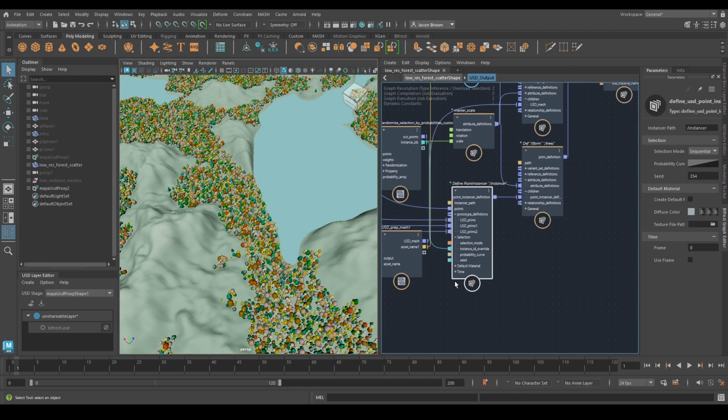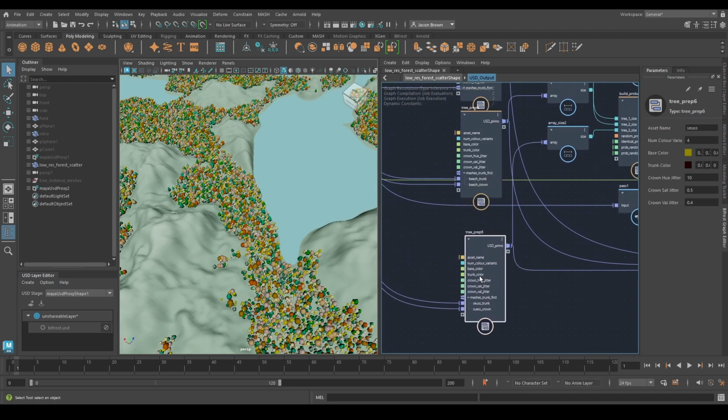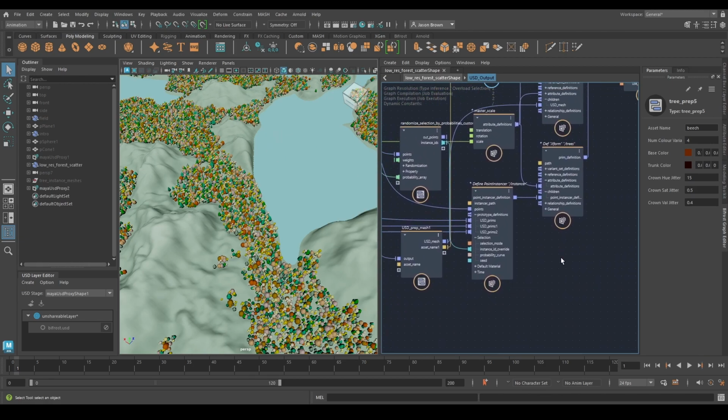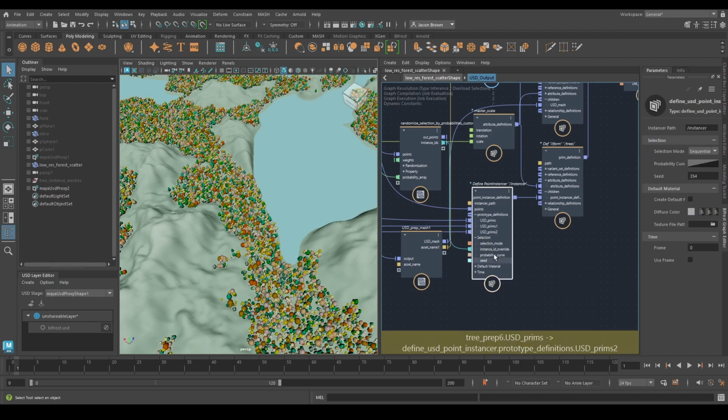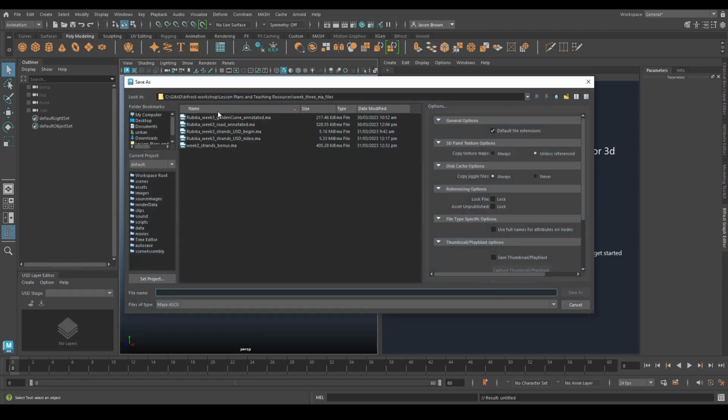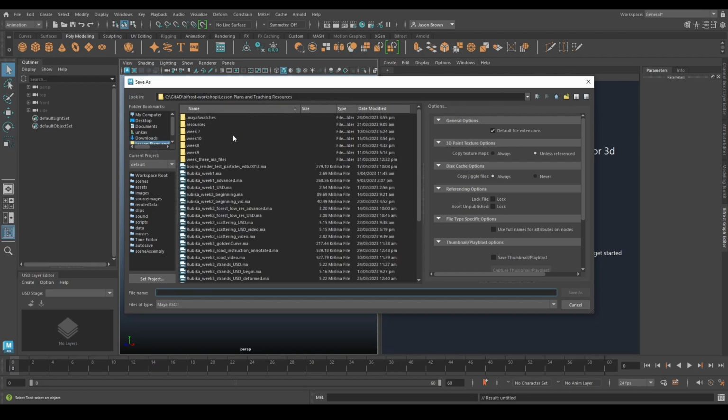This is an advanced version because there are things like color variations happening in the trees without using variants and things like that. But to see how this is set up, you can open this file and take a look at what's being done in here. Okay, let's start from fresh. We'll go new file, we'll not save that, and we'll just save this as maybe in the right place, week